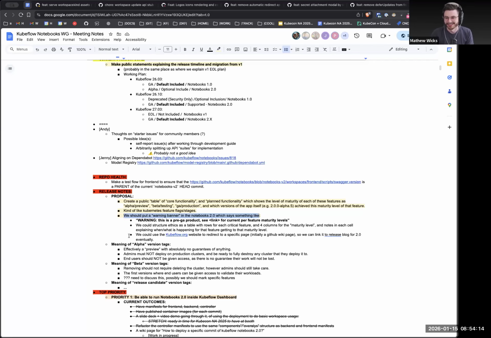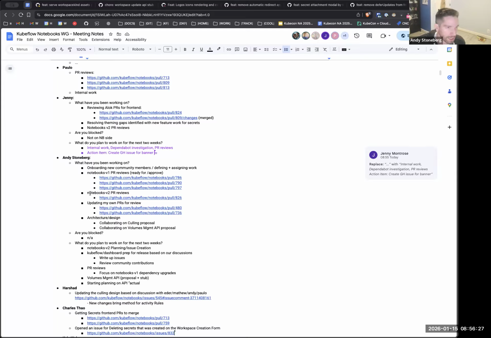So that's cool. Logos and icons, like I said, the big thing here is I'd love to get this PR merged or at least reviewed so then I can start to work on the actual implementation of secrets. Next week, hopefully we'll carve out space and time to start to get an idea on the volumes management API proposal. Based on how good we feel about that proposal after discussion, even if it's not finalized, maybe I open up a stub PR. If it's not finalized, but we feel it's mostly locked in, getting a stub there again to unblock front end people on that top priority.